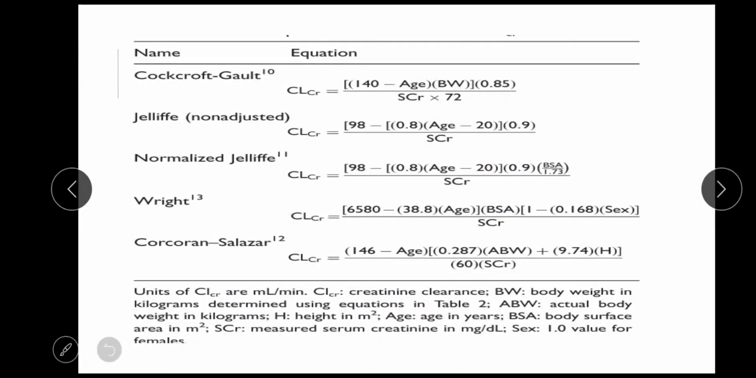So, to compute creatinine clearance, meron tayong Cockcroft-Gault, Jelliffe, and normalized Jelliffe, Wright, and Corcoran-Salazar. So, nandito yung ating formulas. So, dito naman, dahil may formula tayo,